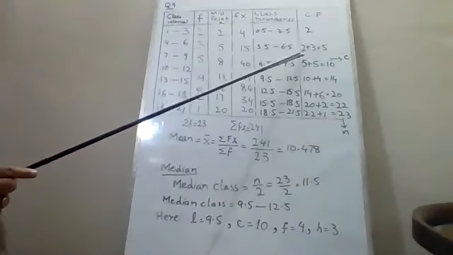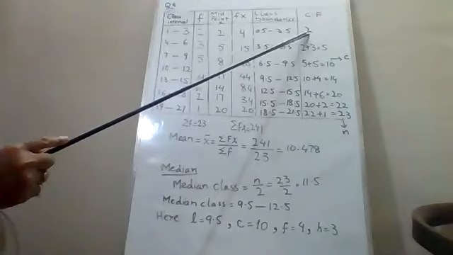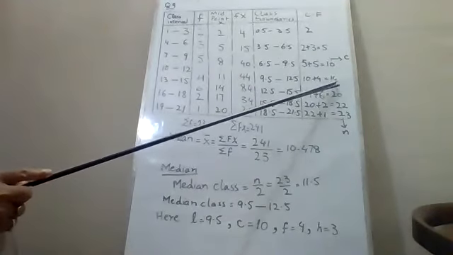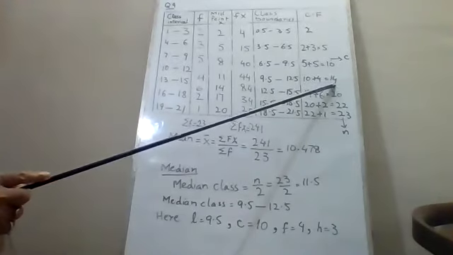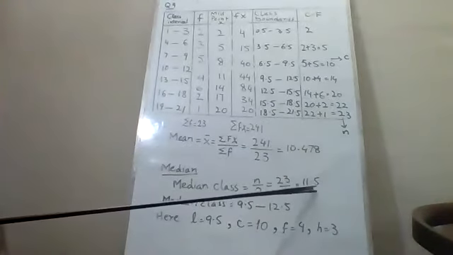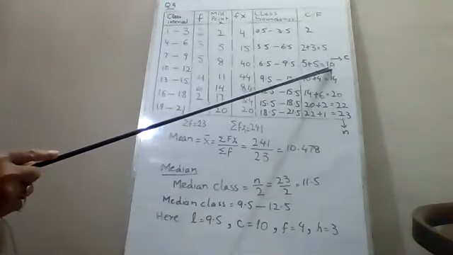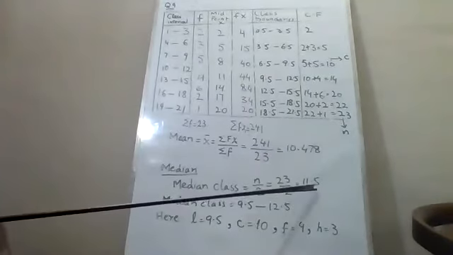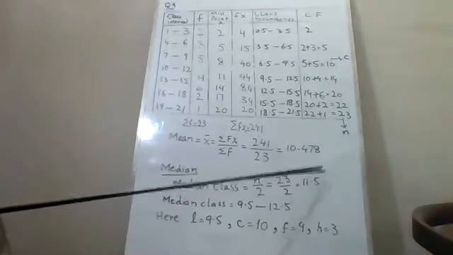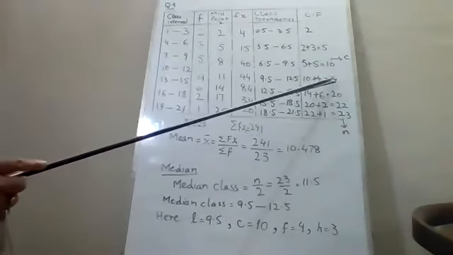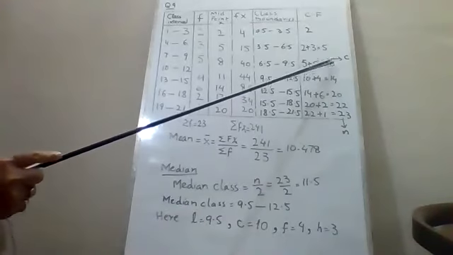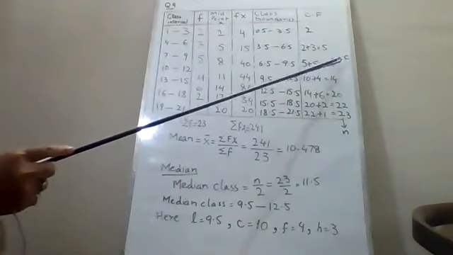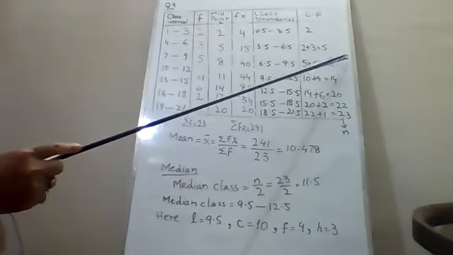Now we check where this 11.5 value is present in cumulative frequency. कम्युलेटिव फ्रीक्वेंसी में 11.5 कहाँ पर मौजूद है? इधर 2 है, then 5, 10, but here we have 14. 14 में this value 11.5 can be present. 10 is smaller, so 11.5 cannot be present in 10, but in 14 it can be present. ठीक, अब जो 11.5 इस 14 में प्रेजेंट है तो इसके ऊपर वाली जो फ्रीक्वेंसी होगी उसको हम कम्युलेटिव फ्रीक्वेंसी कहेंगे, उसको हम c से रिप्रेजेंट करेंगे. तो 10 is c, that is cumulative frequency.